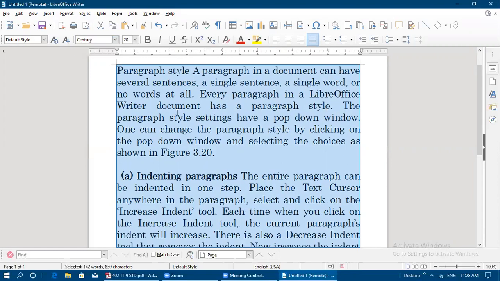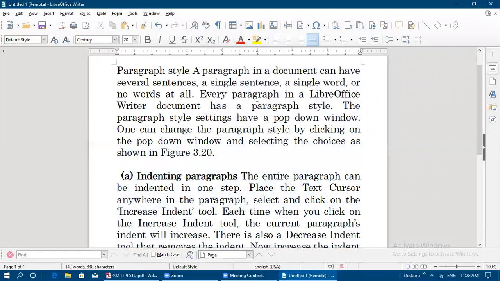So what is the default style? Whatever I have made, the text font color, font size and font name, and then alignment, all these things I have changed after copying and pasting the paragraph here. And if you look at the paragraph style, only the default style will be available by default. The default style name will also appear at the taskbar of this LibreOffice window. See here, this is the taskbar.